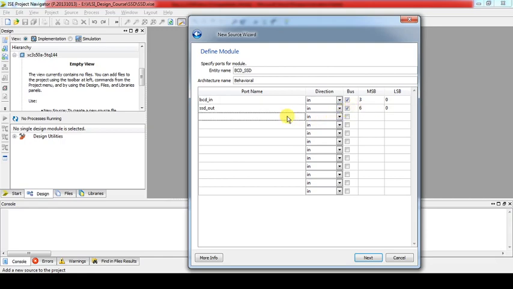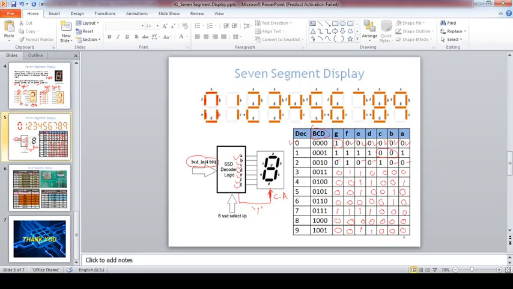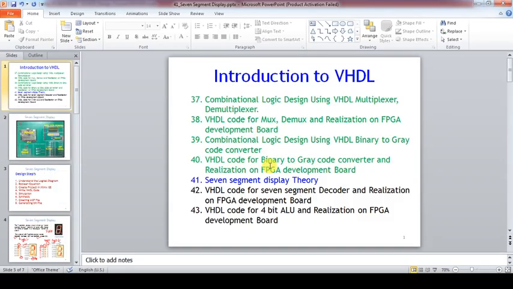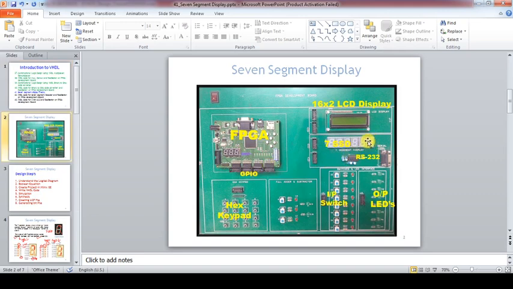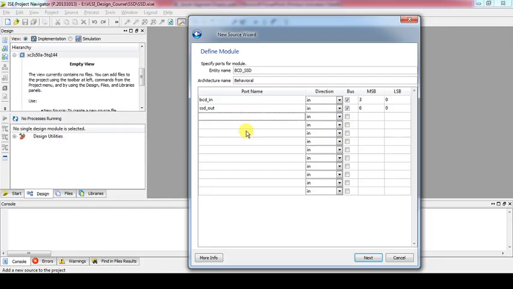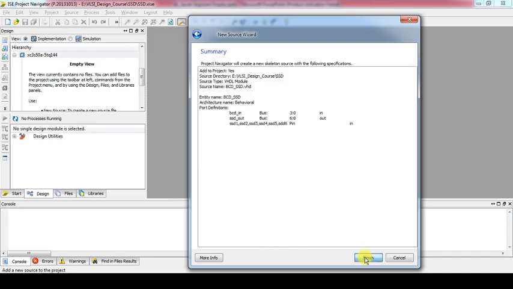Okay, then here we have to take, as we know on our development board we have six 7-segment displays. To control only one segment, we have to make all the others off. So that's why we require 6 controlling inputs: SSD1, SSD2, SSD3, SSD4, SSD5, SSD6. So these are the control inputs, and SSD out is the output. Okay, so let's create the entity, finish.